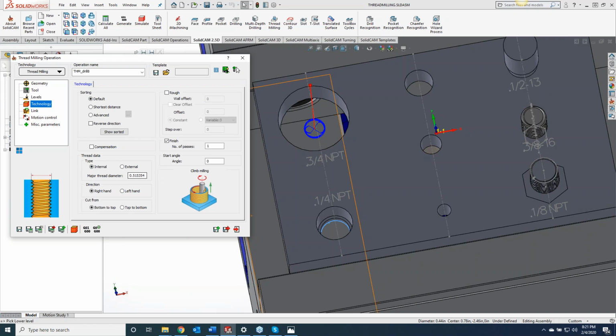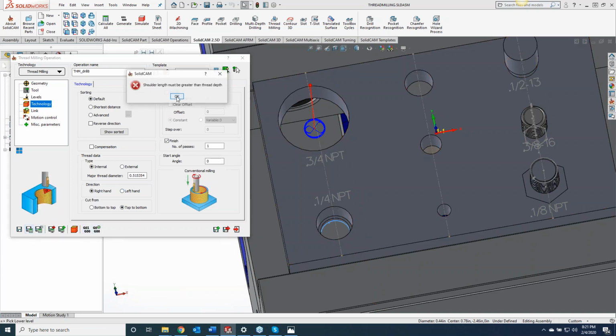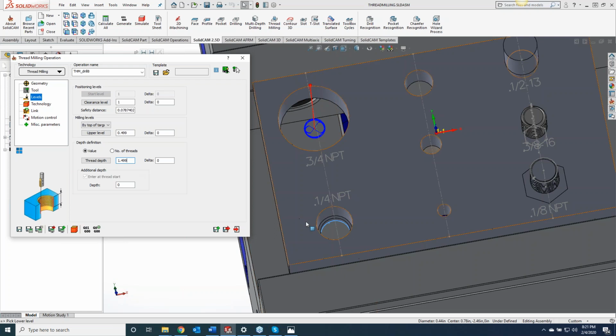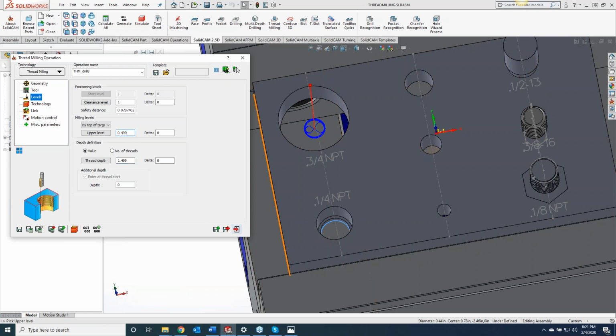Technology, like I said, automatically puts our thread data in there, so I don't have to worry about that. We're cutting right-hand thread. I want to start at the top, work our way down. And let's say that we end milled this out, so it's already good on size. So we just need to do one finish pass. Well, my thread is not. Let me go upper level. I forgot to set my upper level. So now,